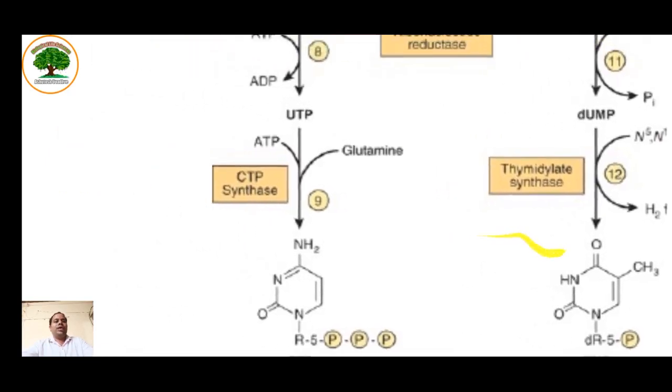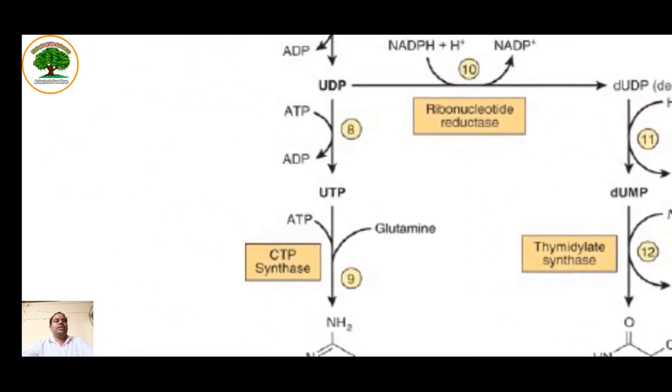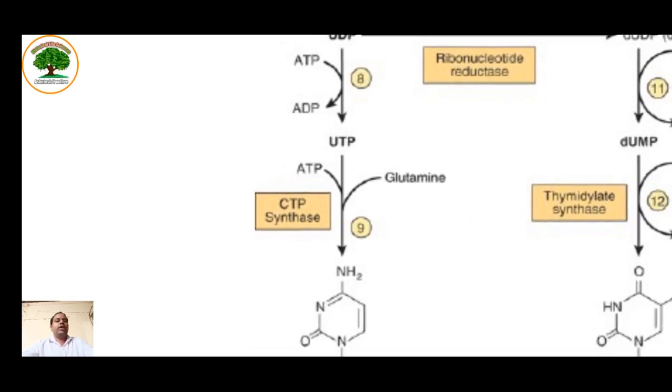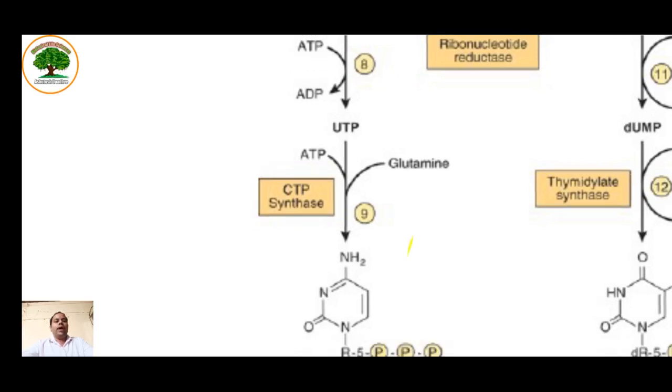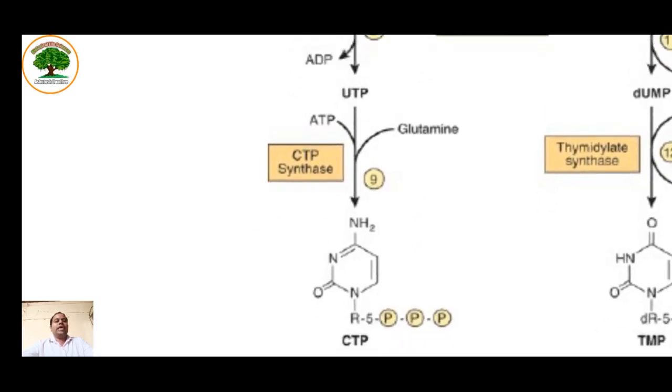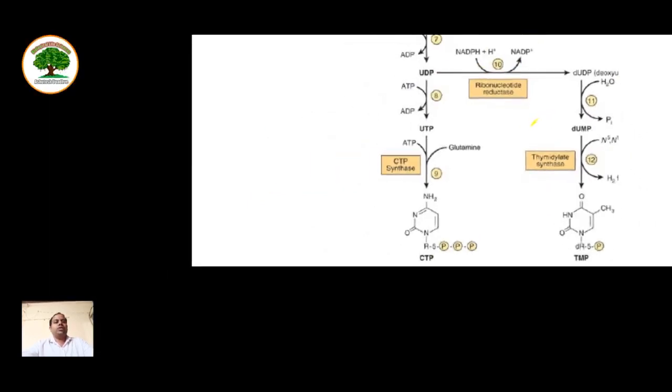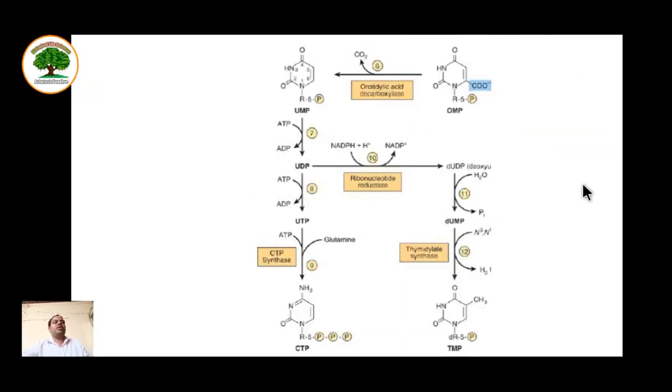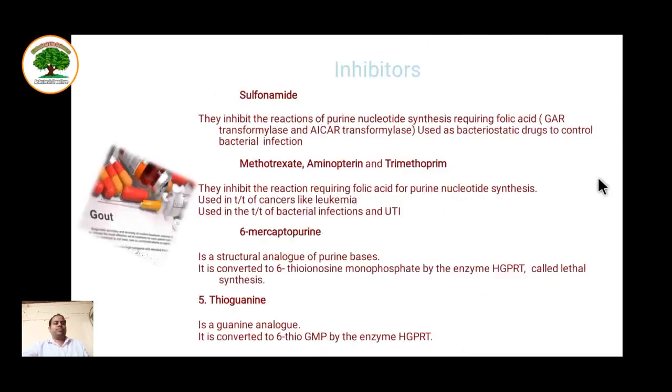Now here at this position, the UDP is again phosphorylated using ATP and converted into UTP, that is uridine triphosphate. Now this uridine triphosphate, using ATP with the enzyme cytidine triphosphate synthetase in the presence of glutamine, is converted into cytidine triphosphate, that is, cytosine triphosphate is found from this. Now this cytosine triphosphate is used as and when needed, as CMP in nucleotides.